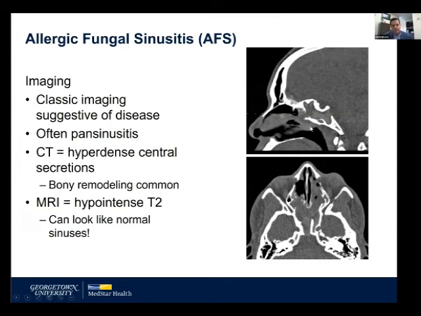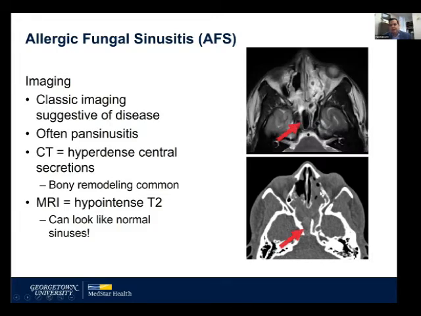Bony remodeling is very, very common with this. And again, I said these can look really scary. This is a guy that came in to the ER with just sinusitis flaring, and the ER got this and started panicking about a tumor. And you can see there's no separation between posterior fossa and brainstem with the rest of the nose. And so he ended up getting an MRI, and you can see that the mucosa is actually intact. On MRI, because of how dense the concretions are, they actually wash out on T2 weighted imaging. So it can be a really helpful diagnostic component to get the MRI to say, well, actually this looks consistent with the fungus, and it's not an aggressive tumor or what have you.